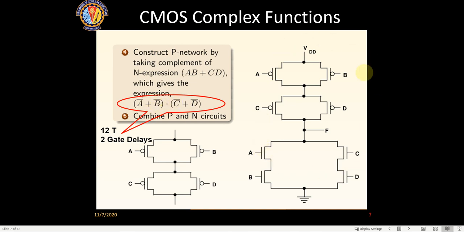Whereas when I implement it directly, you will find only 8 transistors are required, and this whole thing becomes a single gate. So when implementing at transistor level, there is only a single gate delay. Whereas if you use NAND and NOR gates, there will be at least 2 gate delays and more transistors required.